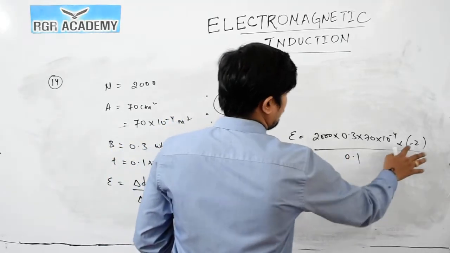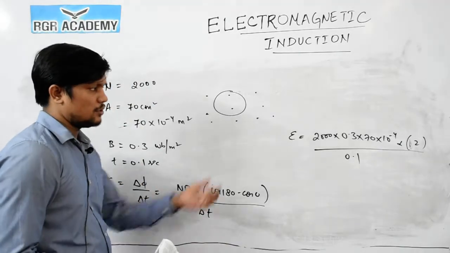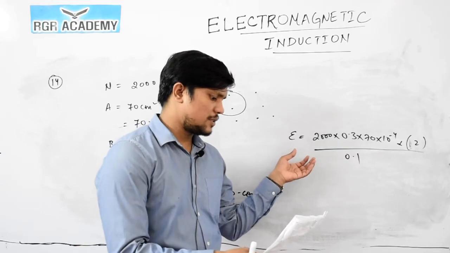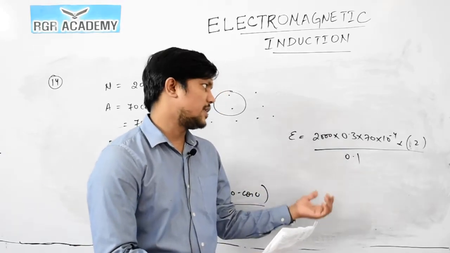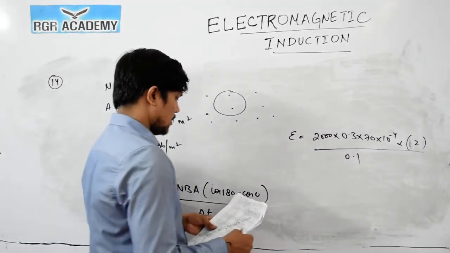Okay. So no need to consider minus, only magnitude they are asking. Otherwise the formula is minus d phi by dt, so that minus will be adjusted. Okay. So remember this thing, whenever the options are given without sign, only magnitude they are asking, then there is no need to consider the minus sign. Okay. So if you solve this